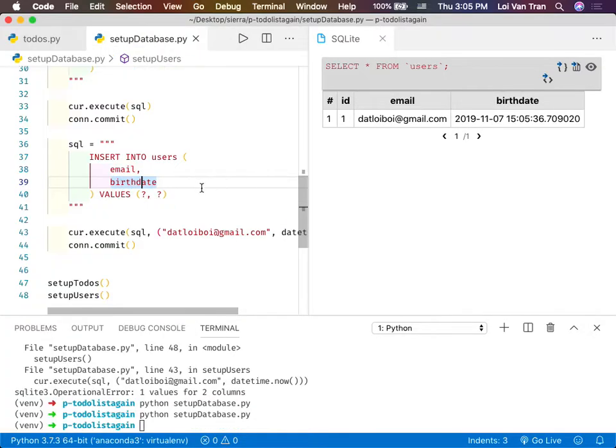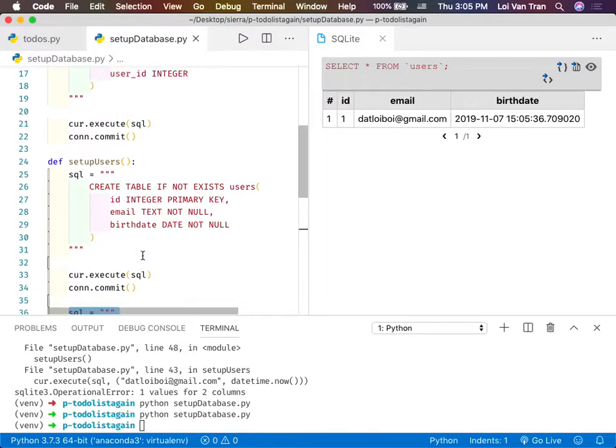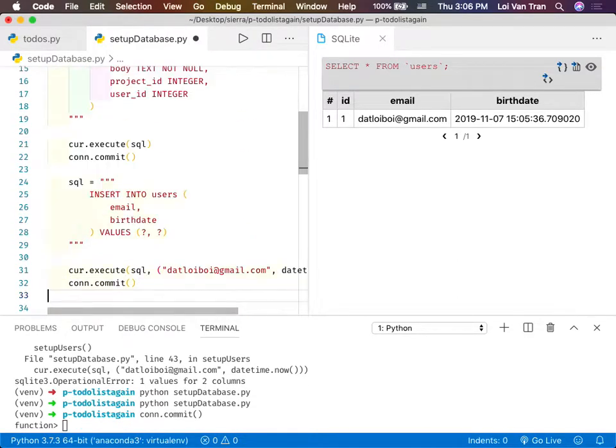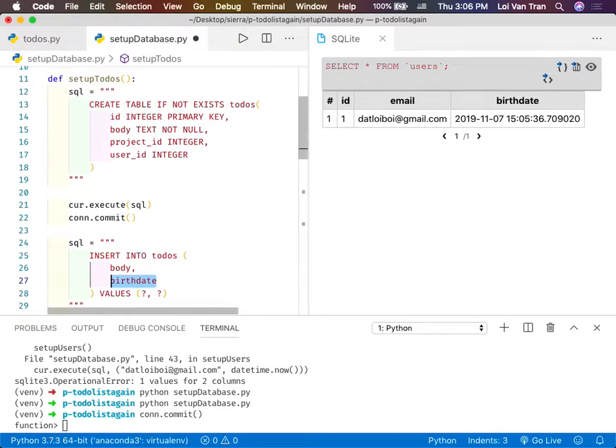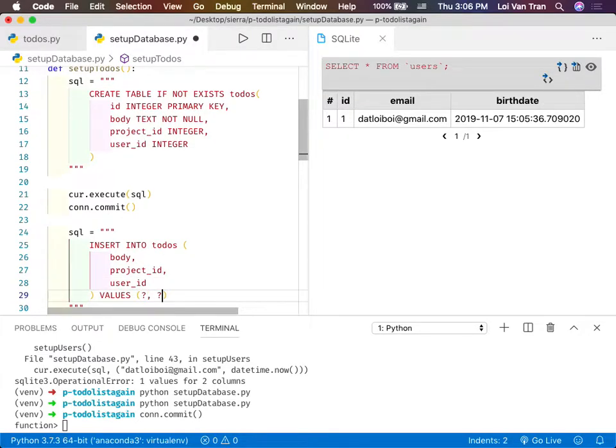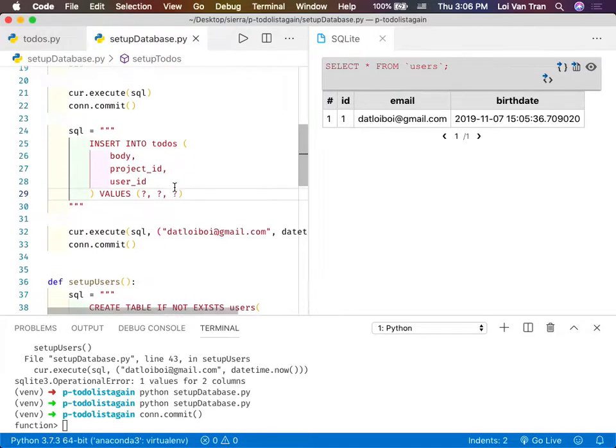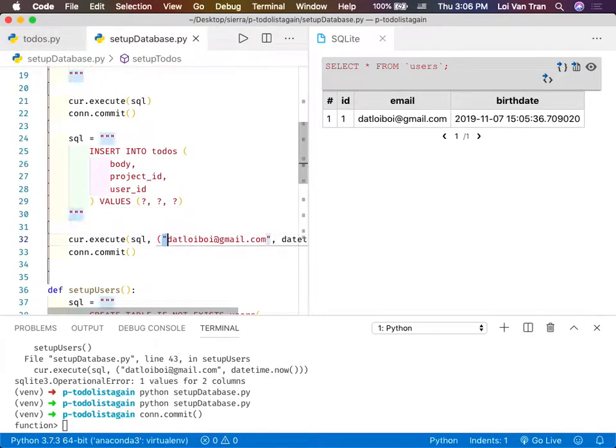Obviously, this can be done the same for to-dos, right? So we're gonna copy this down here. We're gonna insert into to-dos. We're gonna say our body, and then it has a project ID and a user ID. And this is called, once again, seeding. Okay, this is called seeding our database. So now whenever we inject this into our to-dos, we're gonna have, I don't know, the first one is gonna be